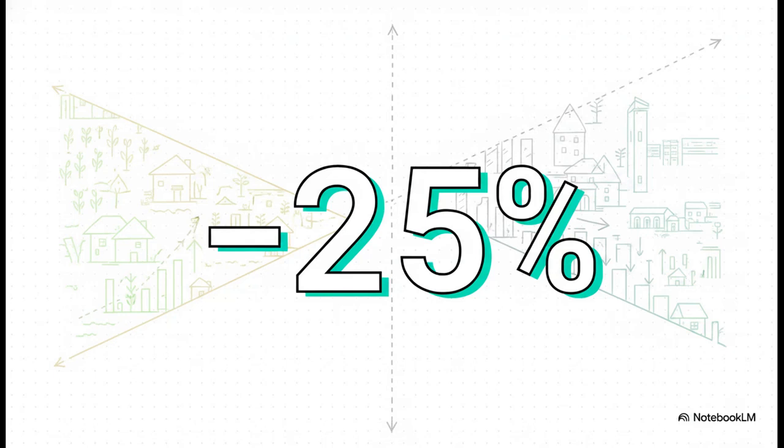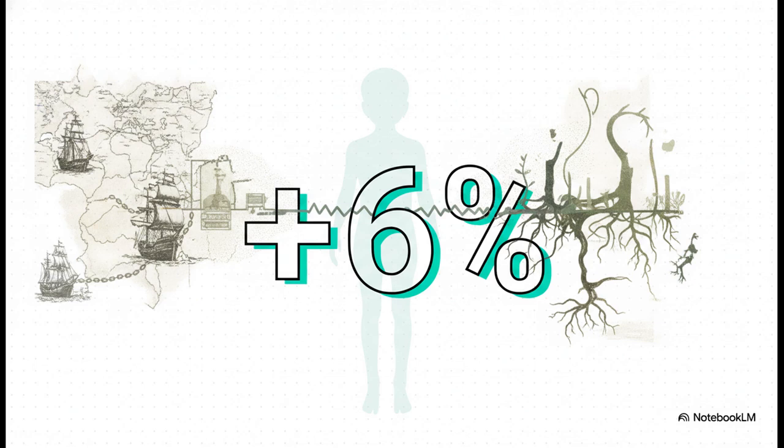Imagine crossing an invisible line on a map. Same exact elevation, same weather, same people. But you take one step across this phantom border, and bam, your household wealth instantly drops by 25%. Actually, it gets worse. Cross that exact same line, and a child is suddenly 6% more likely to suffer from